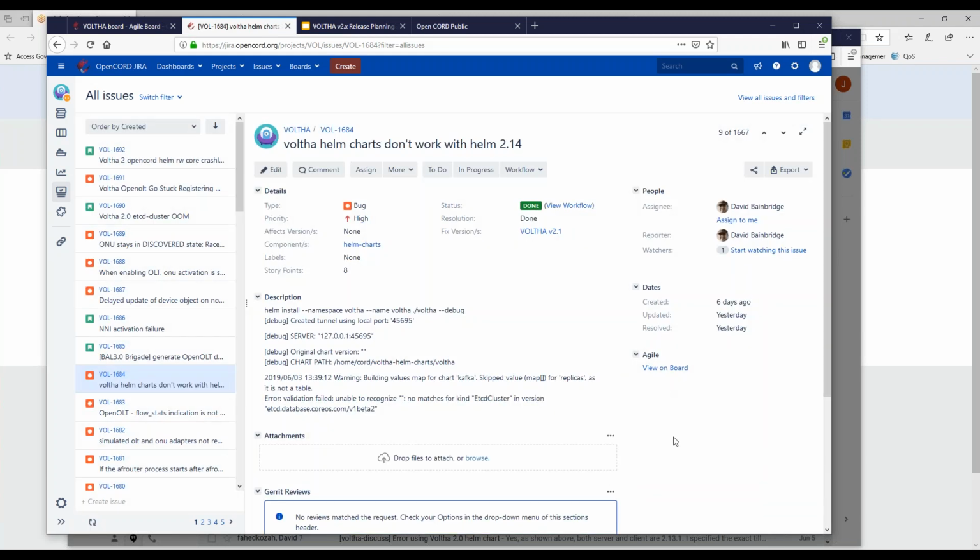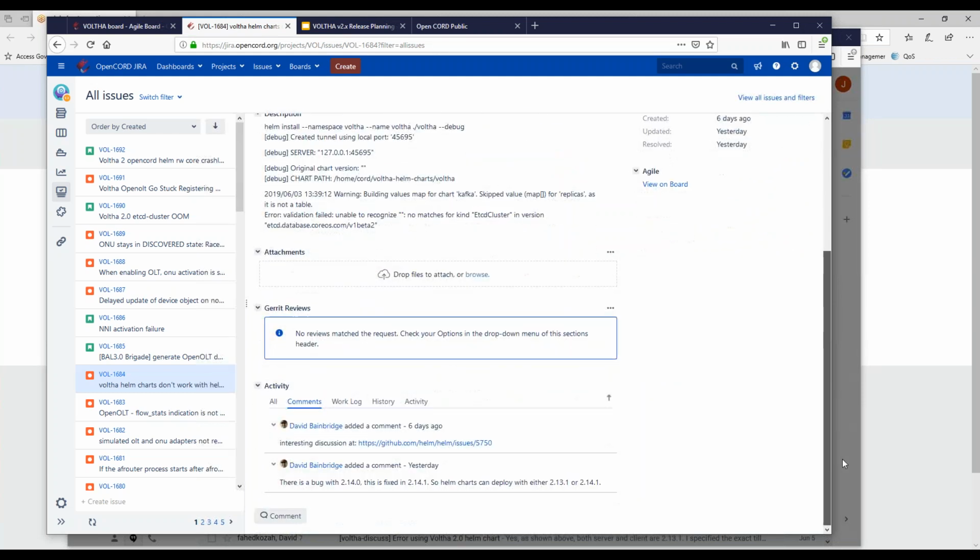Okay. And 1684, David, I think this one is one that you've completed already. This was a defect open. VOLTHA Helm charts don't work with Helm 2.14. I don't know if you want to give any discussion. You'd given a pointer to some